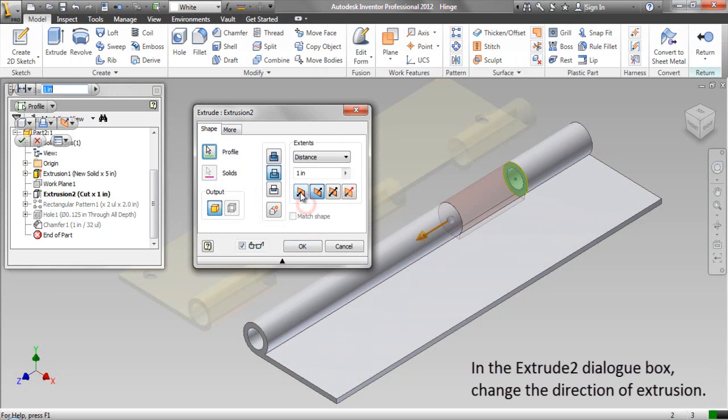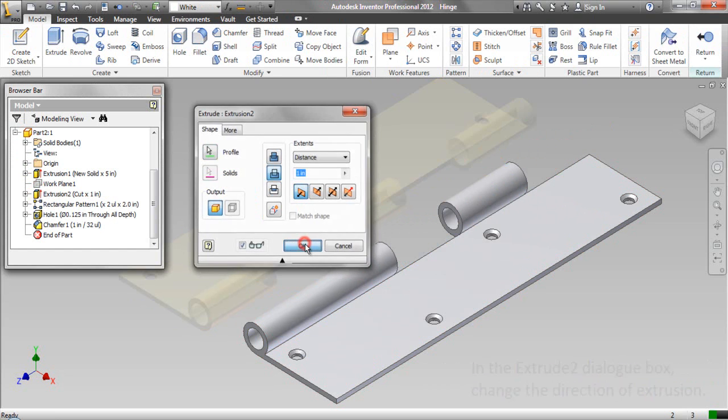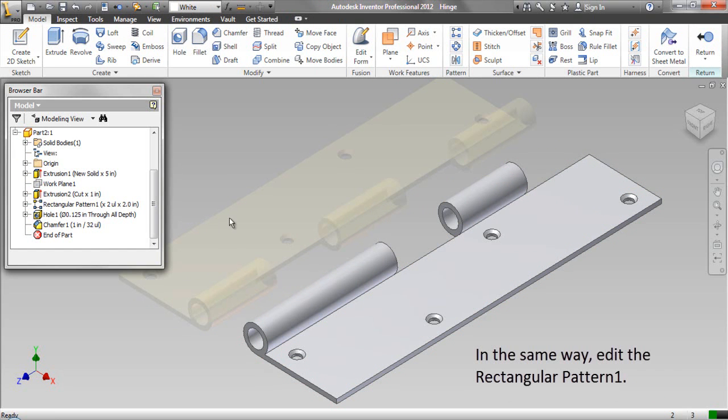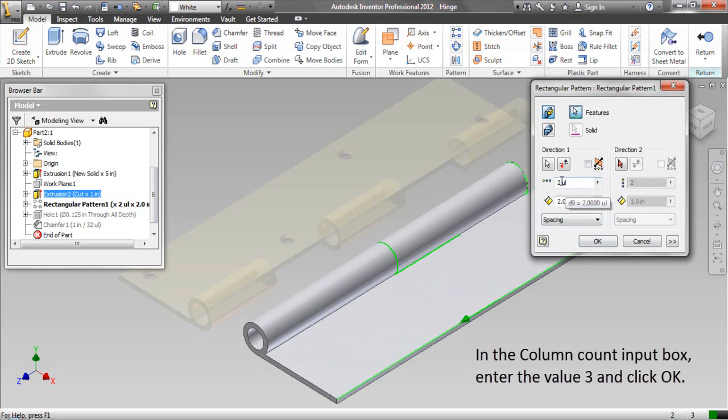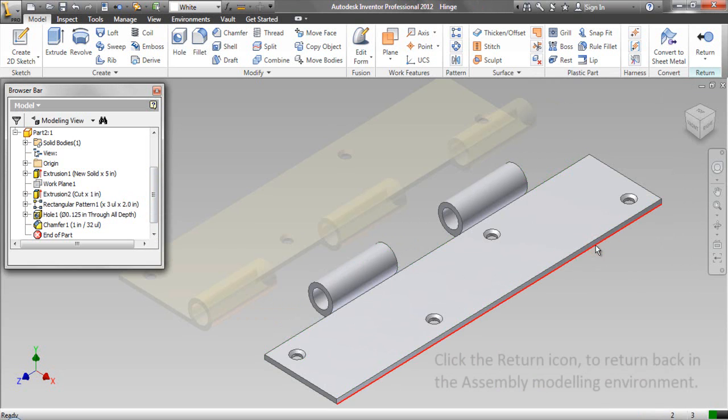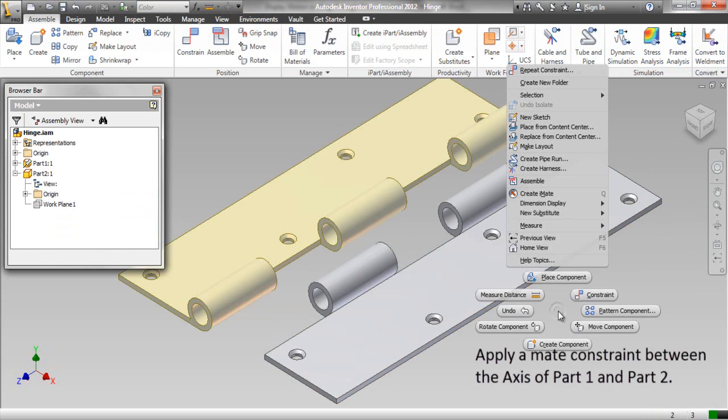In the Extrusion 2 dialog box, change the direction of extrusion. In the same way, edit the rectangular pattern 1. In the column count input box, enter the value 3 and click OK. Click the return icon to return to the assembly modeling environment.